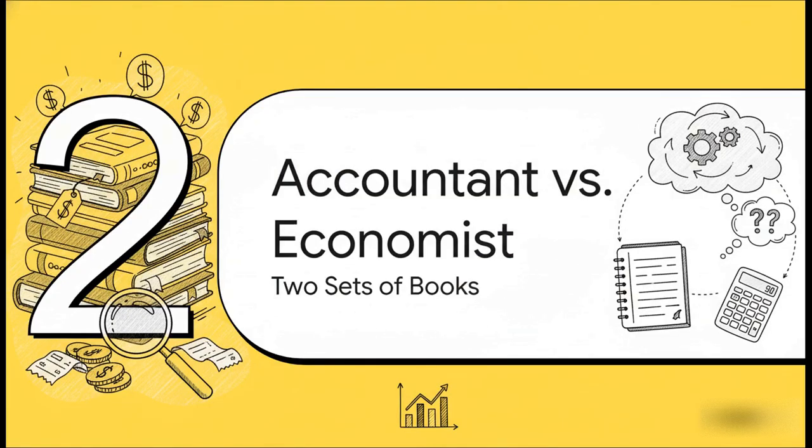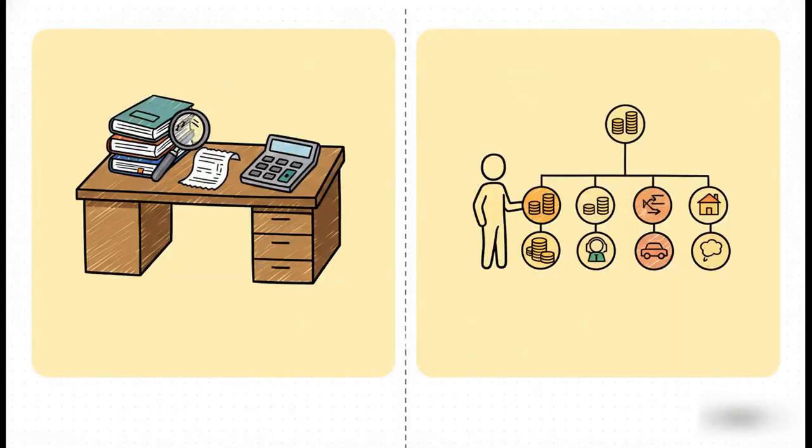So this huge difference between the visible costs and the invisible ones leads us to two completely different ways of looking at a business. It's basically like they're keeping two different sets of books: the accountants and the economists. Look, an accountant's job is to track the flow of money for financial reports and for taxes. And they're great at it. Their world is the world of explicit costs, those actual verifiable payments.